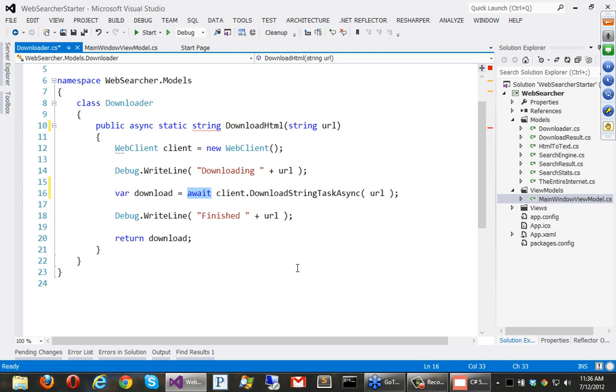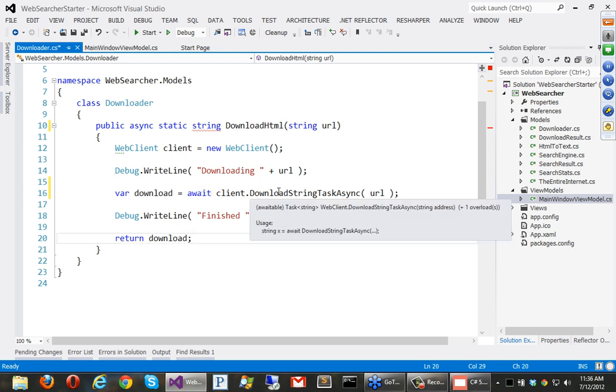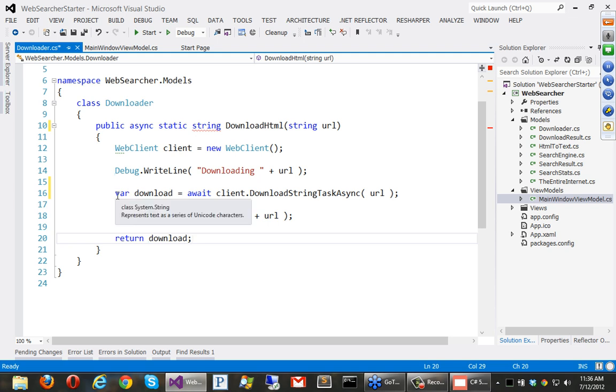and we can now do this. Now there's something really interesting here. If I hover over this, you see task of string is what comes back. But on the left side, after we process and await, what we get is var is actually a string. So even though download string task async returns a task of string, the await keyword says you don't actually care about task. That's the mechanism by which we make this work, but you don't care about task. You just want the result. You're waiting for the result and give me the result. So what you get out the other side is a result, a string in this case.